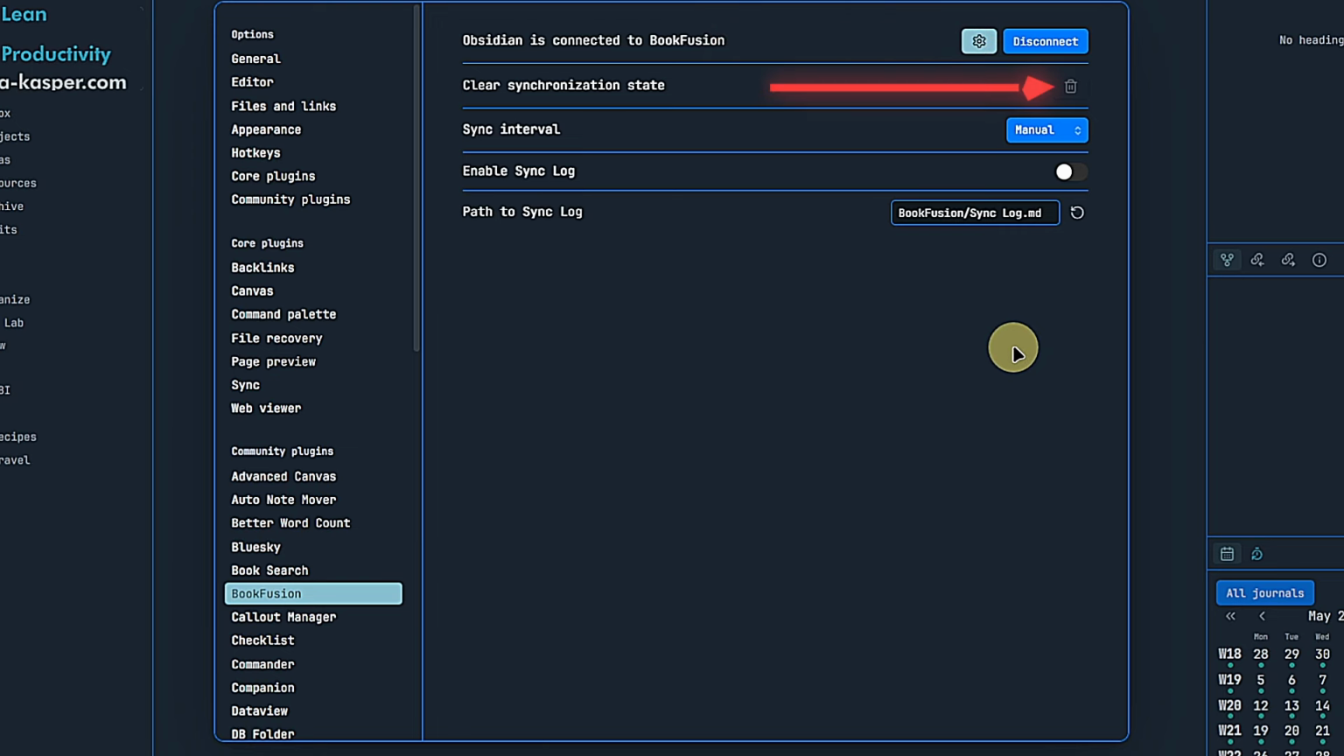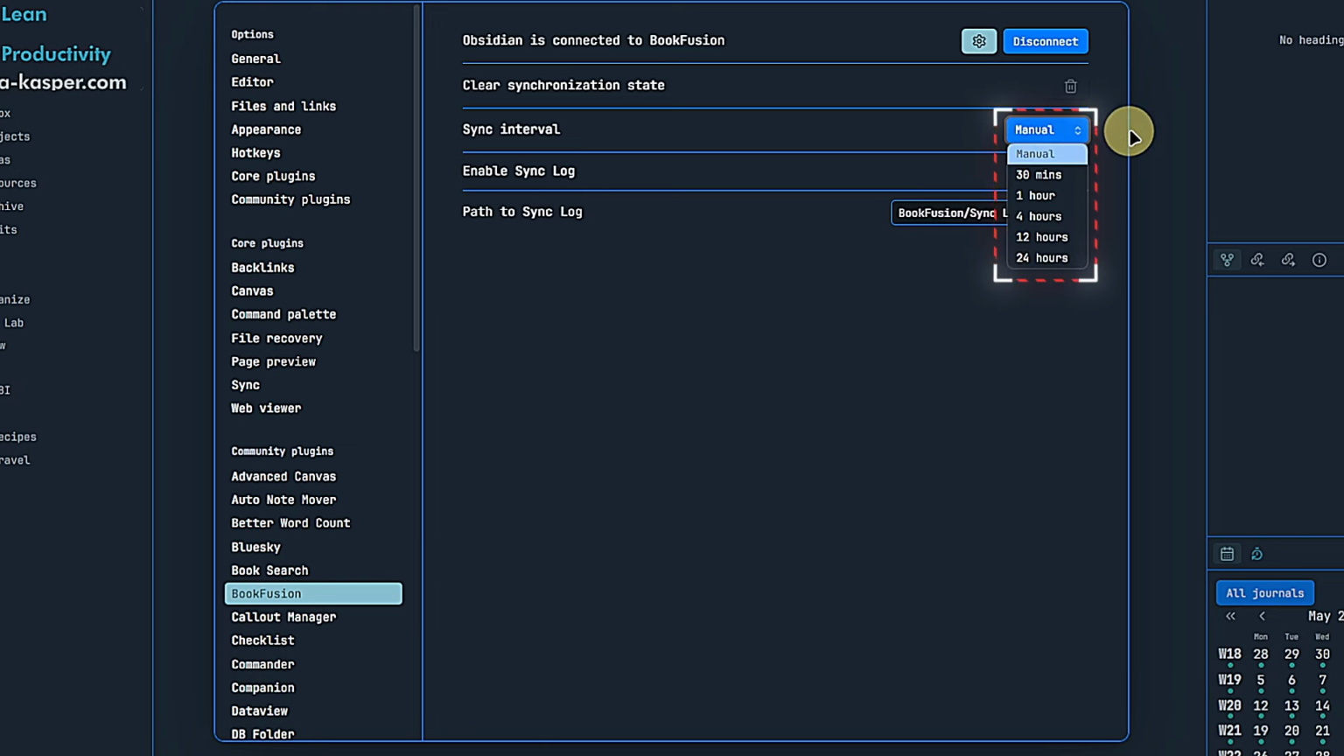We can clear the synchronization data. Note that this does not delete your notes, only the related synchronization information used by the plugin to know what it's synced already and what still needs to be done. Next, we can define a synchronization interval, either automatically from 30 minutes to 24 hours or manually, which is my